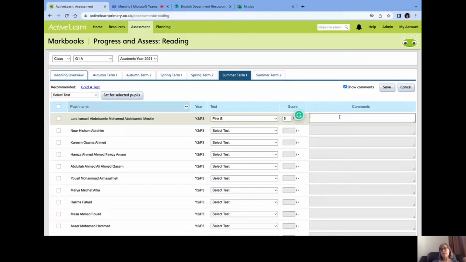Now, the comments are the same as before. I'm not going to require you to put them in Pearson. You can if you like, but it definitely needs to be in that Excel document. All right. Then you're going to hit save. I won't do that because this is not my class, but